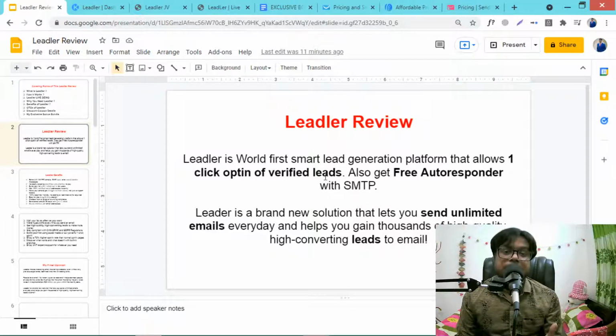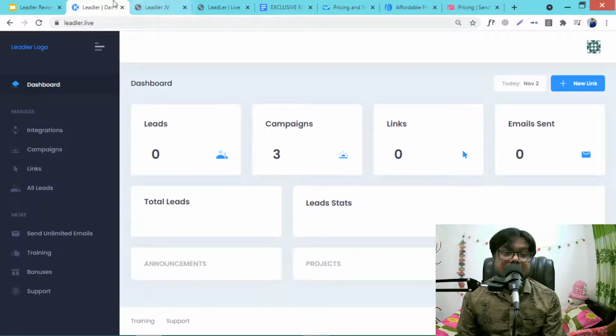That's why the leads will be very engaging, because they are verified leads, and your inbox rate will be very high because you are using your own SMTP. You don't need to pay monthly expenses for different autoresponders, because you will get a free autoresponder inside Leadler.